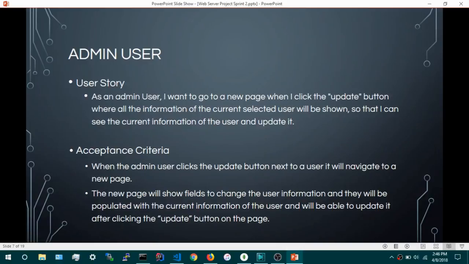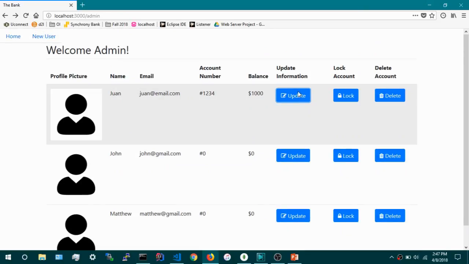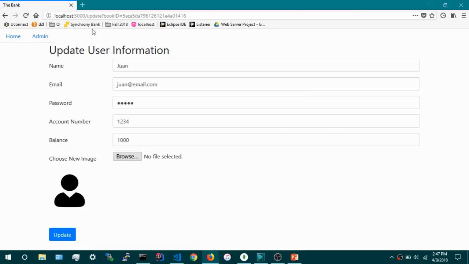Acceptance criteria. When the admin user clicks the update button next to the user, it will navigate to a new page. The new page will show fields to change the user information, and it will be populated with the current information of the user. We'll be able to update it after clicking the update button on the page. So we go to the website, and we have some of the users here. Whenever we click update, we should navigate to a new page